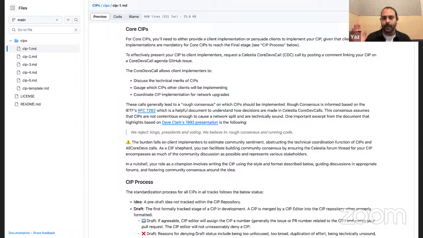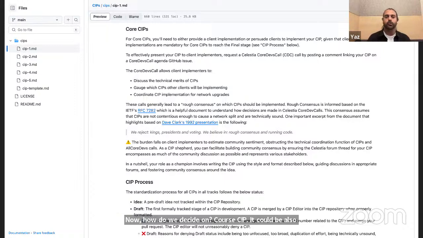Now, how do we decide on core CIPs? It could also be applied to other tracks, but specifically for core CIPs, there's what we call rough consensus, which has been used since the IETF days. You can read the document here on what rough consensus means.